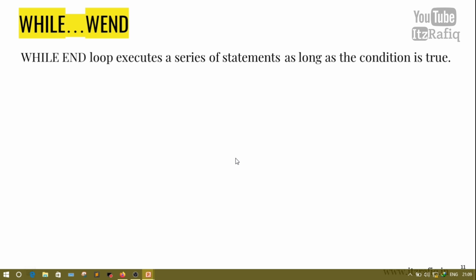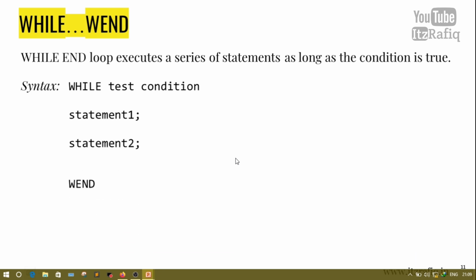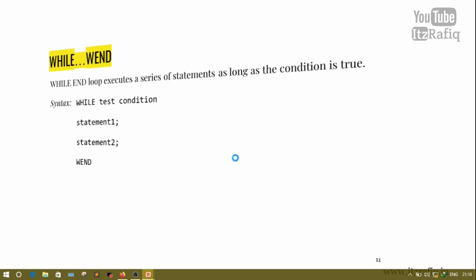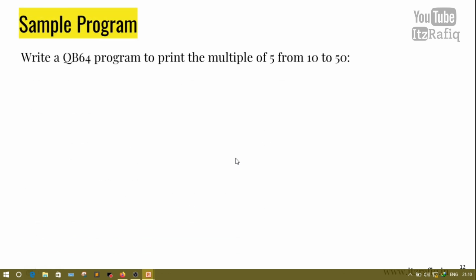Next, while wend. While wend loop executes a series of statements as long as the condition is true. Syntax is while test condition, statement 1, statement 2, wend. A program: write a QBasic program to print multiples of 5 from 10 to 50.